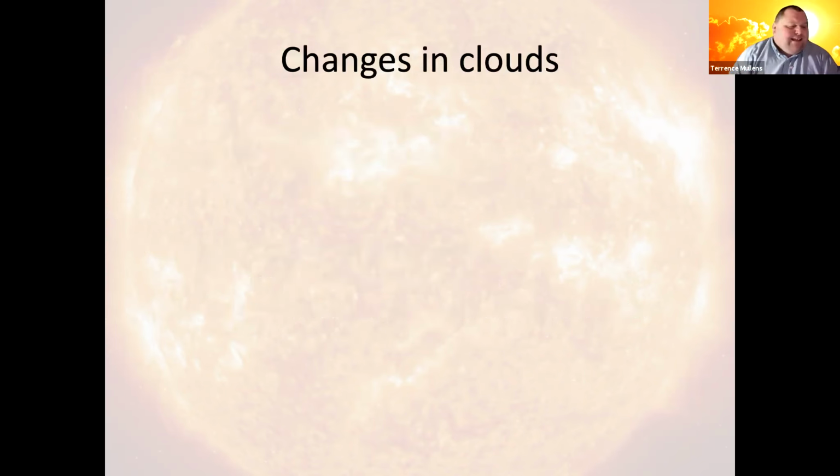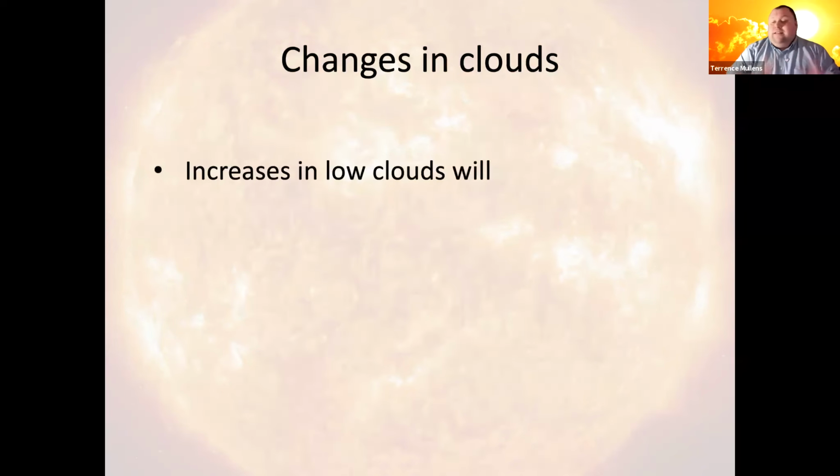All right, so all of that said, as Earth is warming up, how are clouds going to change? Well, a warmer world is going to be a wetter world. Now, that doesn't mean everywhere is going to get wetter. In fact, many places in the mid-latitudes, such as California, are actually expected to become drier. But there will be more clouds on Earth. Earth will become a cloudier planet.